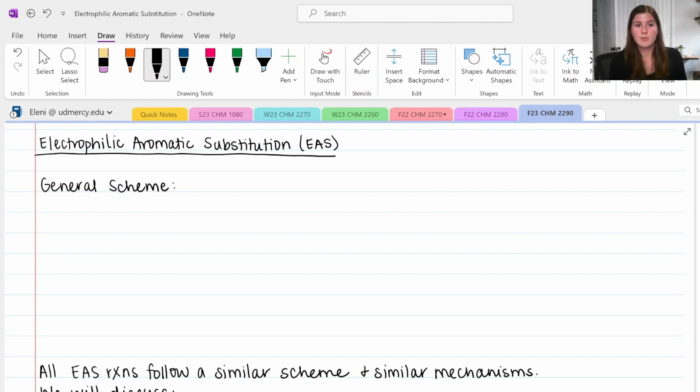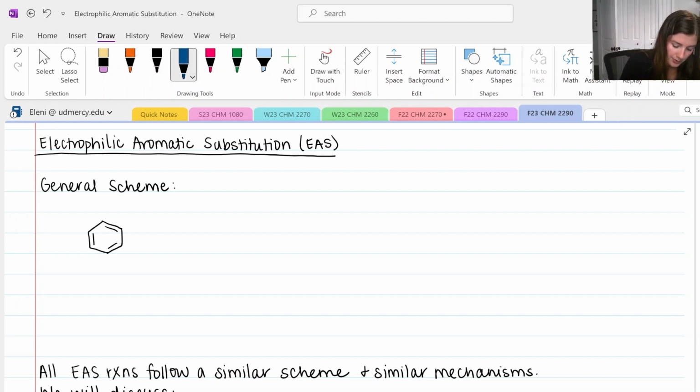So this is a substitution reaction on an aromatic ring. We're working with the benzene ring. Now each carbon in the benzene ring is bonded to one additional hydrogen. I'm going to highlight only one of them just to indicate that one of these hydrogens is going to be substituted for an electrophile. So we have a benzene ring or a benzene derivative, and then we add some molecule